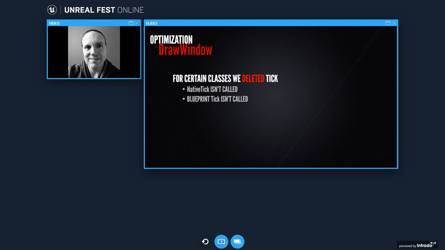One further approach we took was to delete the tick function. Well, actually, certain classes of widget can still tick, but now others cannot. While deleting the tick function does not necessarily improve performance, I mean, maybe you're not doing a lot of work in your tick, what it does do is it prevents people from adding work every frame simply because it is easier. So this prevents artists and time-pressed coders from creating hidden performance killers.